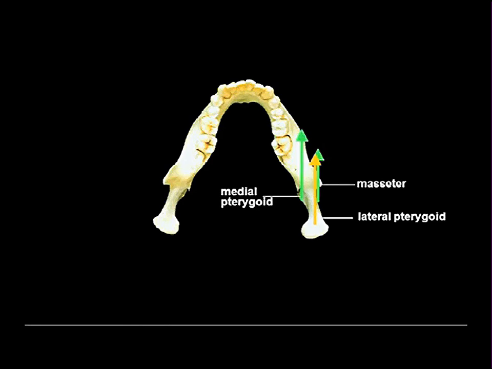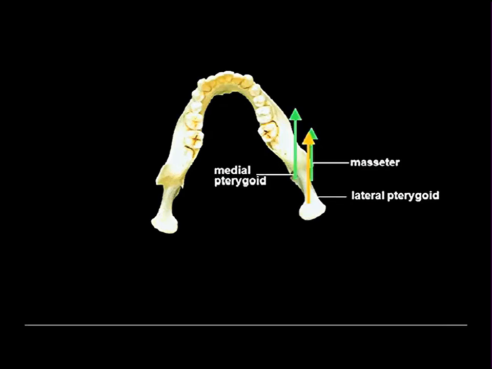Here are the anteriorly directed components of your medial pterygoid, your masseter, and your lateral pterygoid, shown in a different color because it's a jaw opener, whereas the medial pterygoid and masseter are jaw closers. But you can, in fact, contract these three muscles simultaneously on one side. And if you contract these three muscles simultaneously on one side, the jaw closing and opening effects tend to balance each other, and you are just left with the effects of the anteriorly directed components of their vectors. And what happens is the jaw deviates to the opposite side.